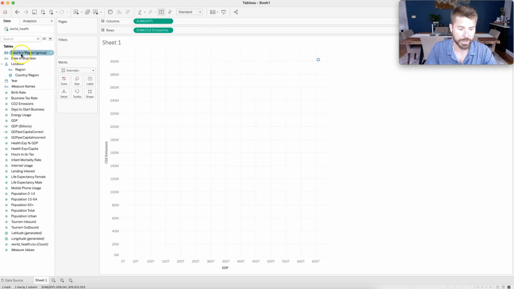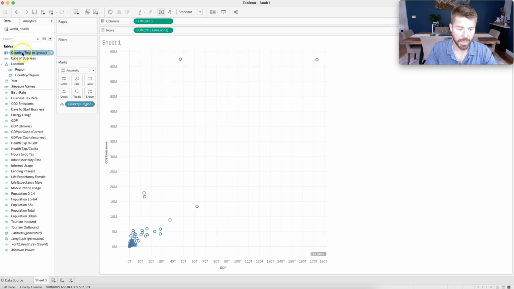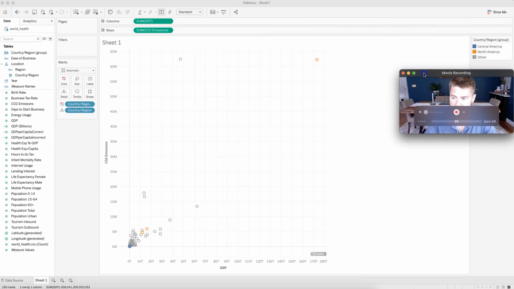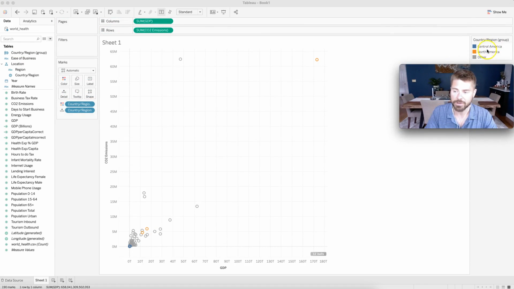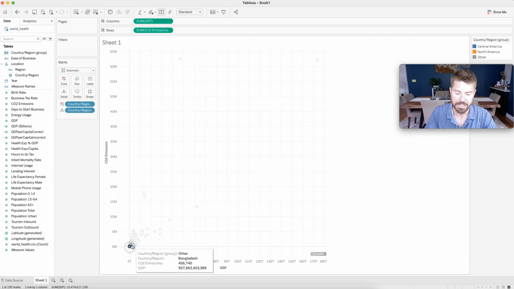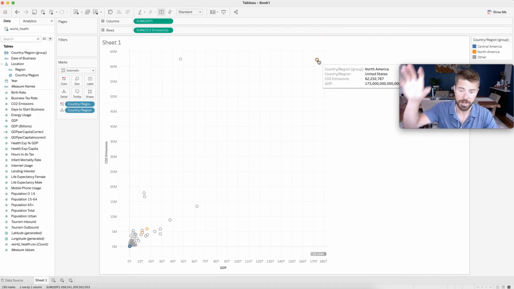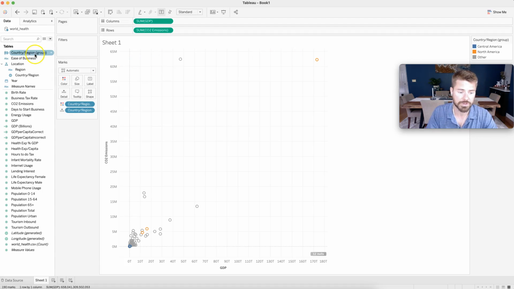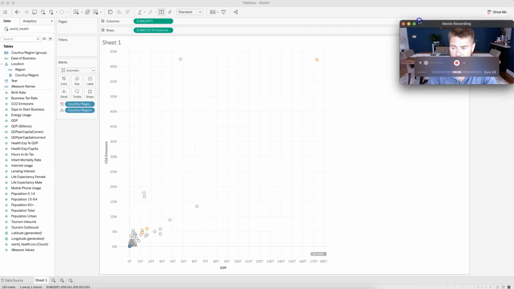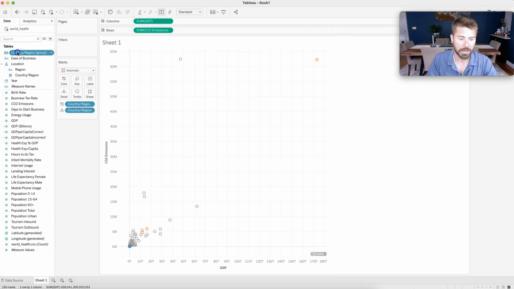So if we're going to use this, let's do GDP to columns, CO2 emissions to rows. We'll do country region, the original one, to detail. And then we can do country region to color. Notice that I have my new country regions here, blue for Central America, orange for North America, and gray for everything else. And you can see kind of where these things fall. Now, obviously, you would have many more of these than you used to, and if we wanted to, we could add a country region to our location